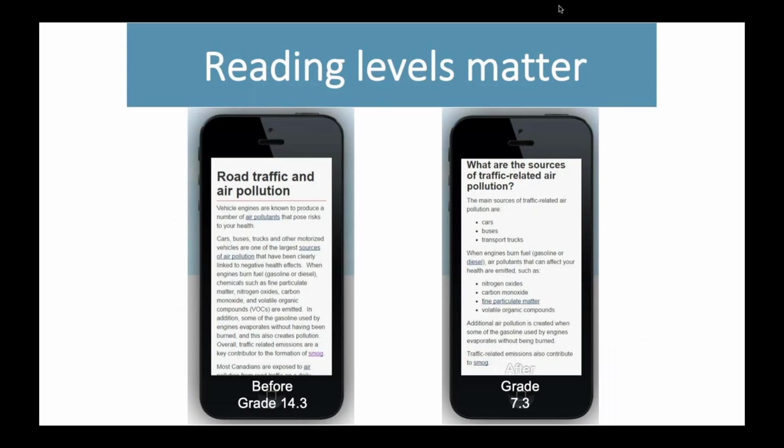And on the next slide, reading levels are critical to this. A lot of people talk about systems and technical and technology things, for example, voice assistants and whatnot. All of this is driven by content. The words matter. And what we're finding is on the left-hand side, you'll see a particular task, someone trying to find out about road traffic and air pollution. And the readability on it is 14.3. Our targets are usually between grade 6 to 8 reading levels, because that reflects the North American population, who are the primary consumers of our content.